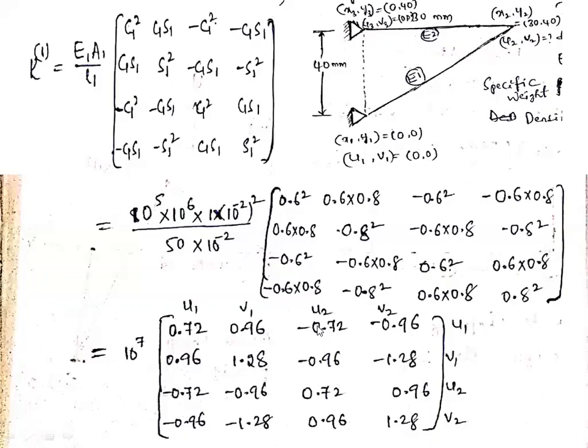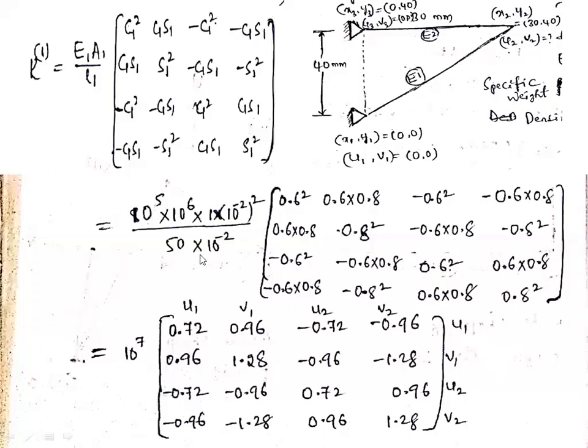But we are now restricted to the element 1 stiffness matrix. Let us consider nodal points 1 to 2: 1 has u1, v1 and 2 has u2, v2. So the row numbers can be defined with the nodal displacements. First nodal displacements are u1, v1 and second nodal displacements are u2, v2. So specify the first row with u1 and the second row with v1 of the first nodal point. Similarly, the third and fourth rows are specified with the second nodal point displacements, u2, v2. So these are the row numbers.